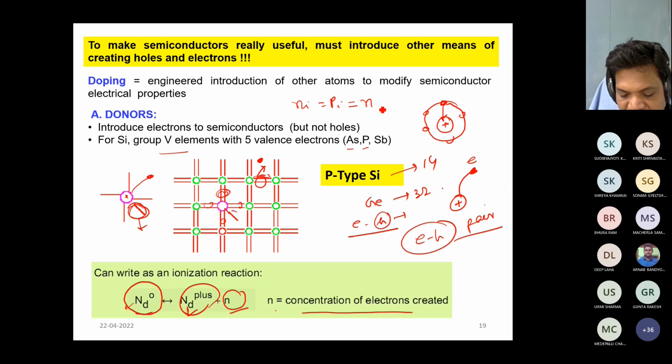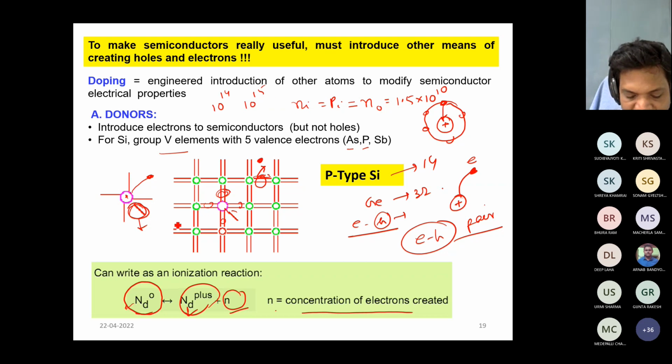This can be calculated, it is 1.5 into 10 to the power 10 per cc, that means per unit volume. Now, if we dope the silicon with a number of atoms per unit volume in the order of 10 to the power 14 or 10 to the power 15,